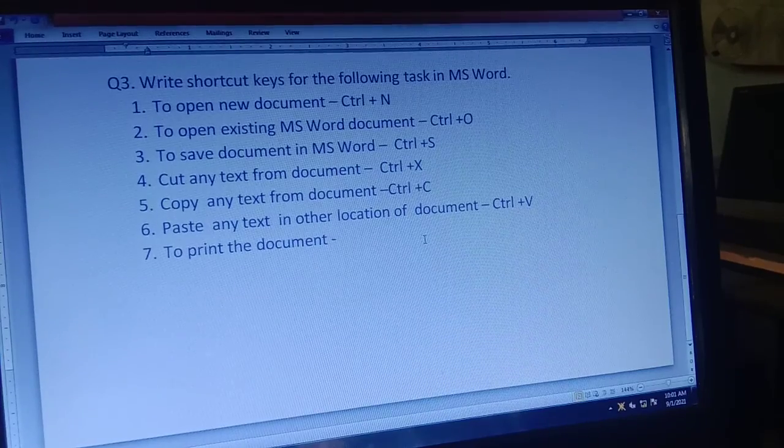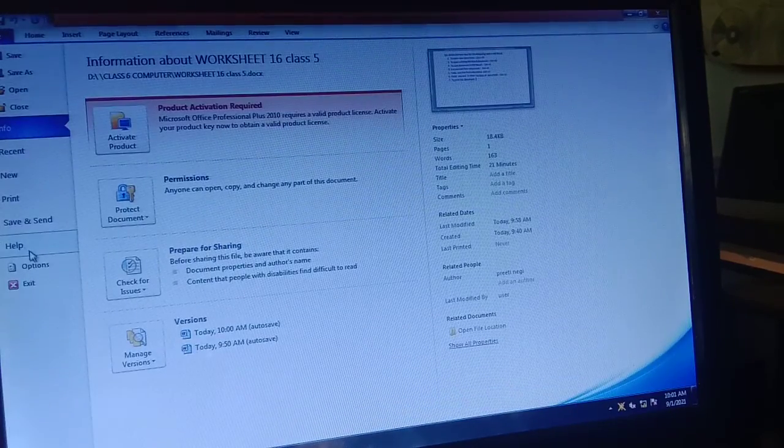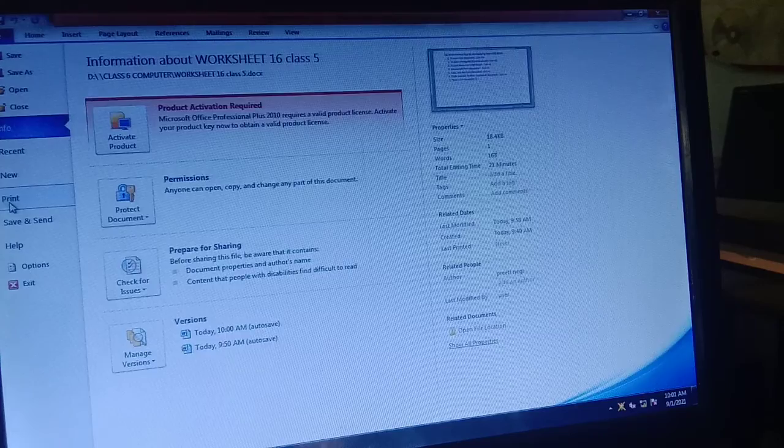And for printing a file, अगर आपको अपनी फाइल को प्रिंट करना, अपनी डॉक्यूमेंट को प्रिंट करना है, one way is to go to the Office button or the File button. You will write Office button according to the syllabus, since you are learning about Windows 7. Then you have to click on the Print option.